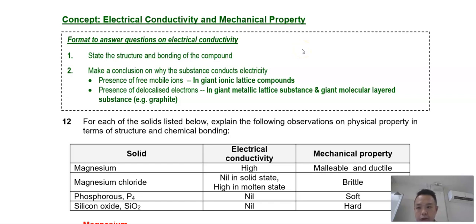Okay, moving on to question 12 of chem bonding tutorial. Okay, we're looking at electrical conductivity and mechanical property. So quick recall, these are concepts that were previously covered in O levels. Electrical conductivity, we are looking at the presence of